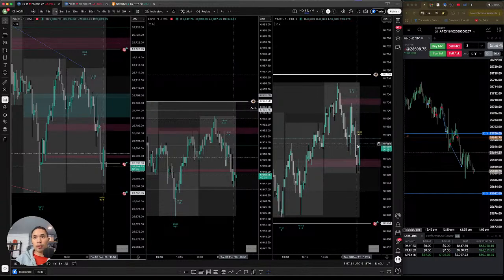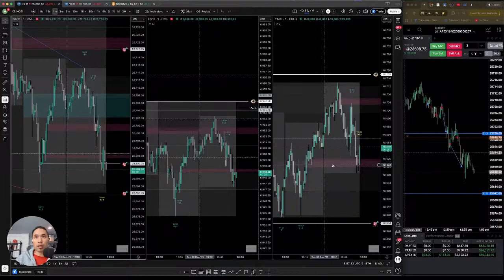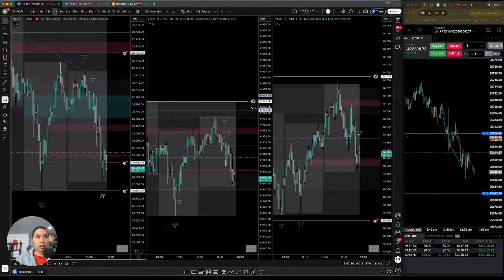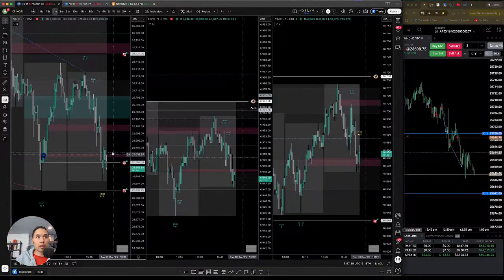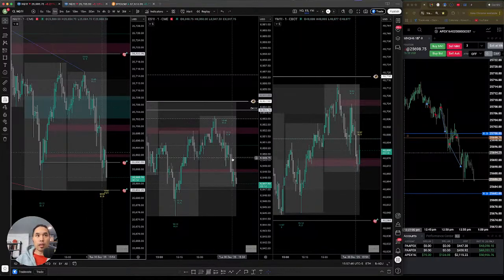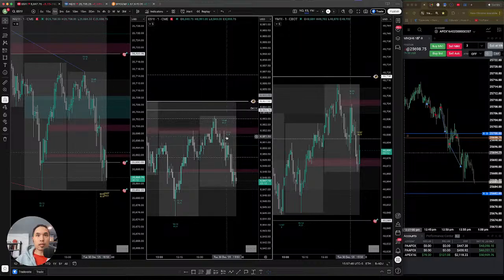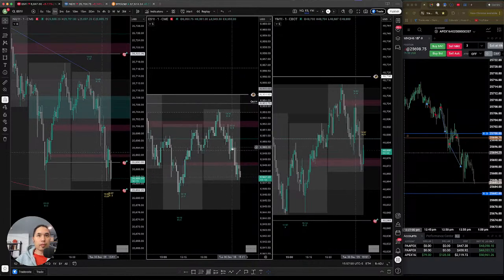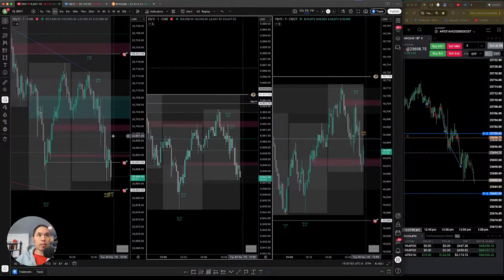YM, I want to see YM fill this SIBI a little bit and then head lower. Yeah, so that means that this is going to be left open. This will be a breakaway gap. This gap here on NQ will be a breakaway gap because YM already hit this, and same with ES. There's no gaps here. So price bounced on ES, so NQ doesn't need to go up here.